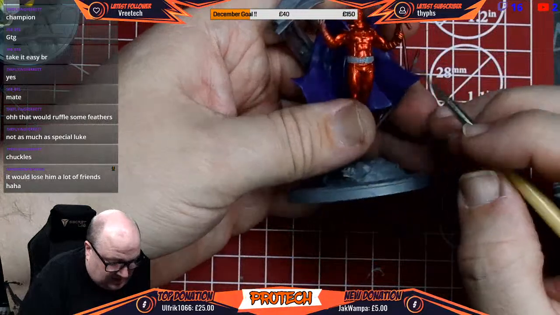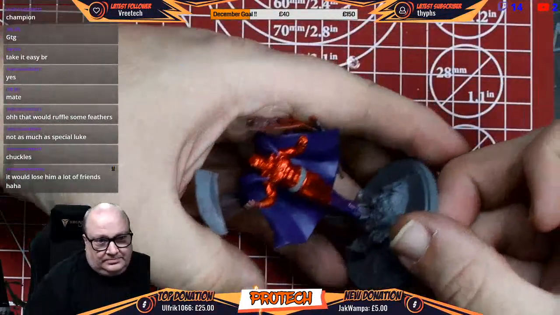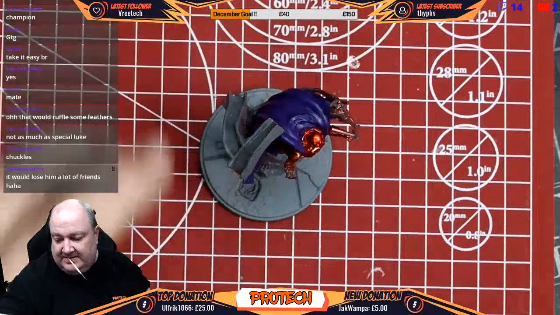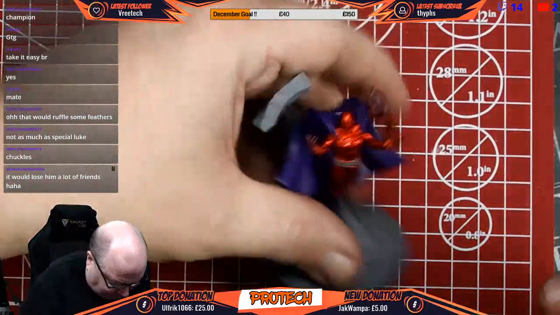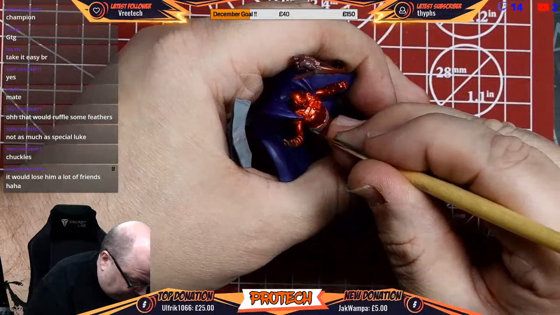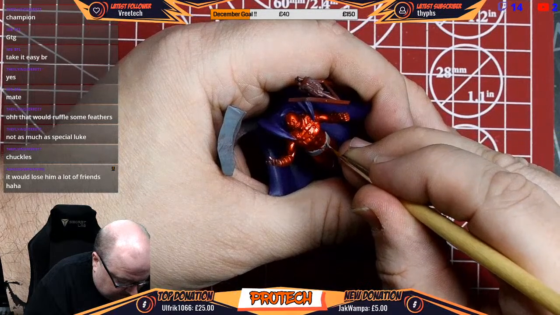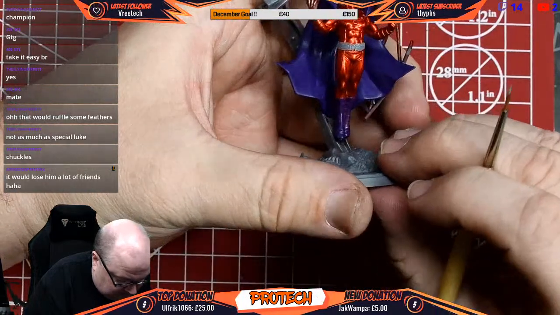As you can see, the actual primer basically sticks on really well, rather than the fight that we were having with the, where are the glasses, with the purple over the red. Getting it over the top of the belt. And then